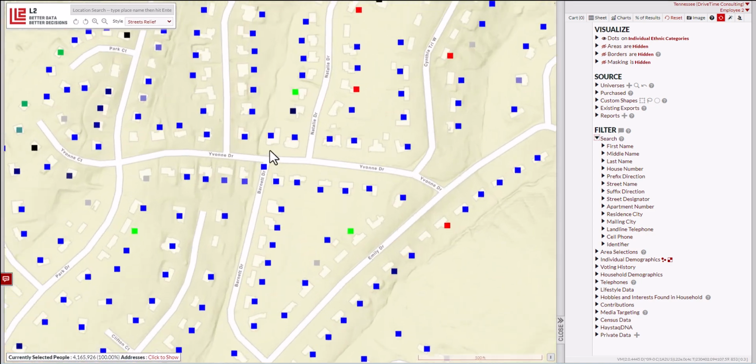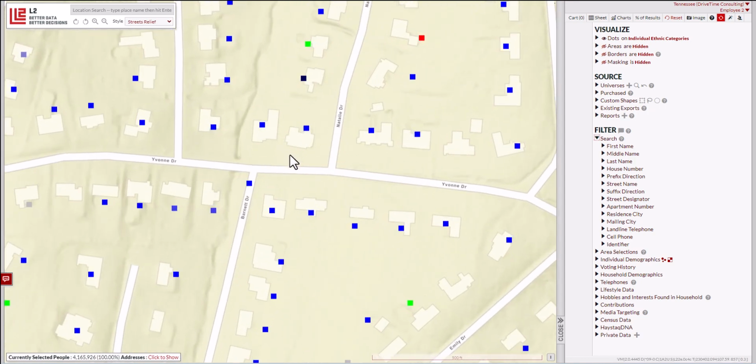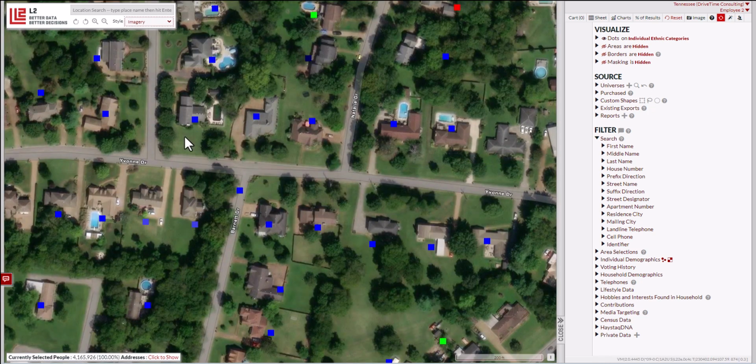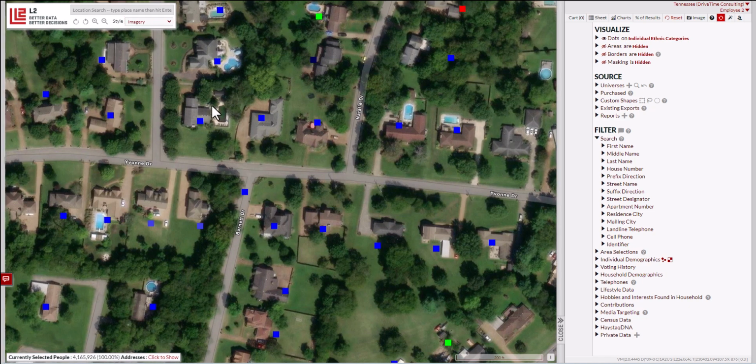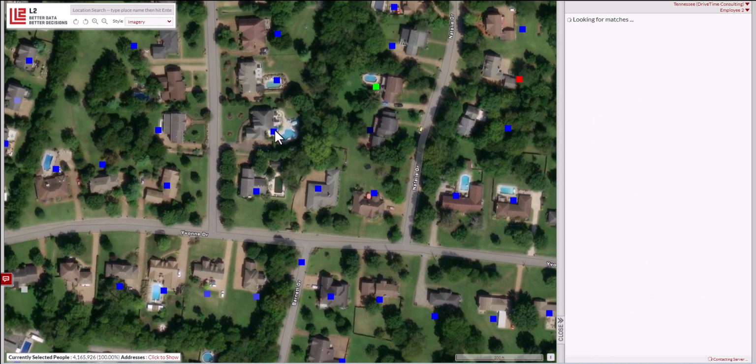And right now we're looking at the constituent application, but it would be the same whether it was constituent, consumer, voter, or automotive. The dot coloring would be different, but you can see that the process is going to be exactly the same. And in this case, we're using the streets relief view. I'm going to change this over and go to the imagery view, which allows us to see a satellite image of an area. We'll go to this individual right here, click on the dot itself, or the square in this case,